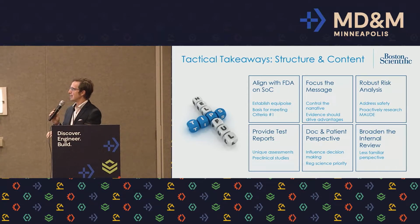So there's a lot of activity here. A couple of takeaways or tips for drafting a breakthrough application are outlined on this slide. One is align with FDA on the standard of care. So that first criteria about more effectively treating or diagnosing a life-threatening or irreversibly debilitating disease, it really hinges on